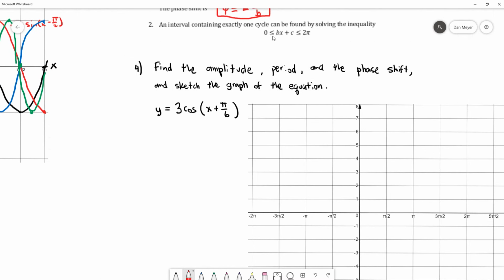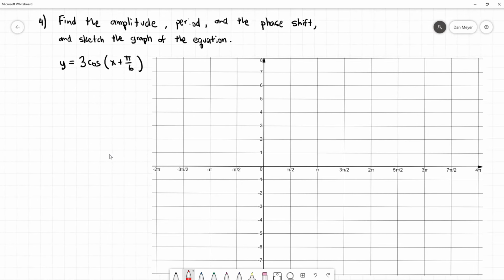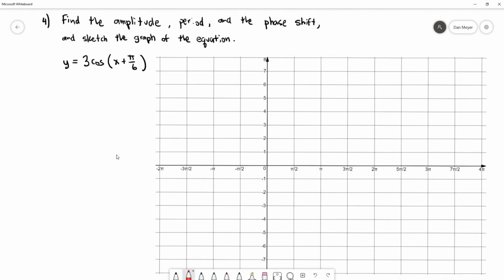By the way, I personally don't do this. I will show you what I personally do, but when I have to go back and refer to this, that's why: I don't usually do it. I don't have that one memorized, and I don't ever really need it. So, anyways, if we want to find the amplitude, period, and phase shift for this function, well, the first thing is,